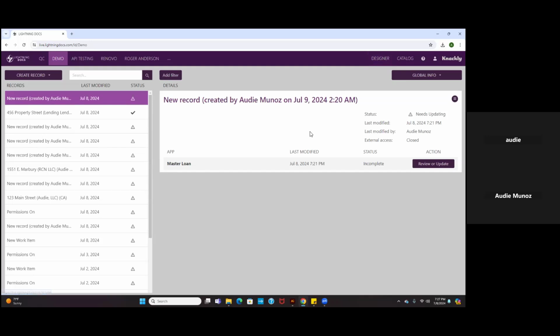As many of you know, we have recently added a lot of cool features to our new and improved Lightning Docs platform, and one of those features is the ability to create your own loan templates by using a feature we like to call scenarios. So today, in this video, I'm going to be showing you exactly what that is, exactly how to edit one,